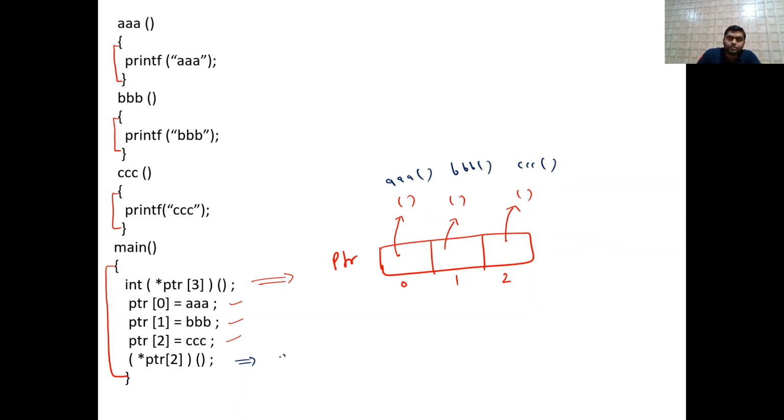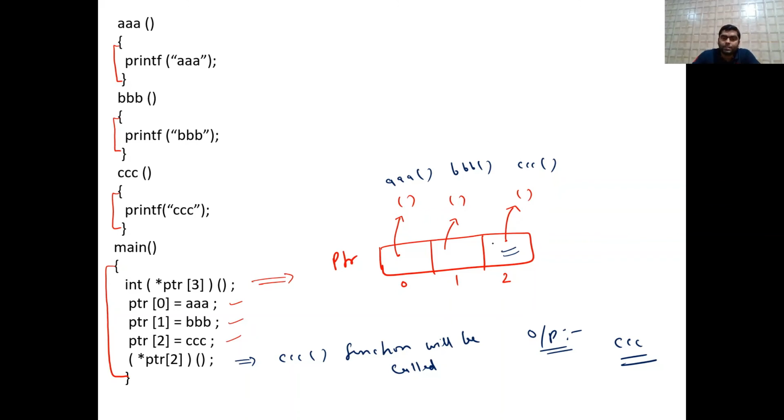So in this case, triple C function will be called. So like this function will be called. So what will happen in that case? So then print what? So that output what? Output will be print what? Triple C. So triple C will be printed in this case. Okay. So I hope that this is clear to you.